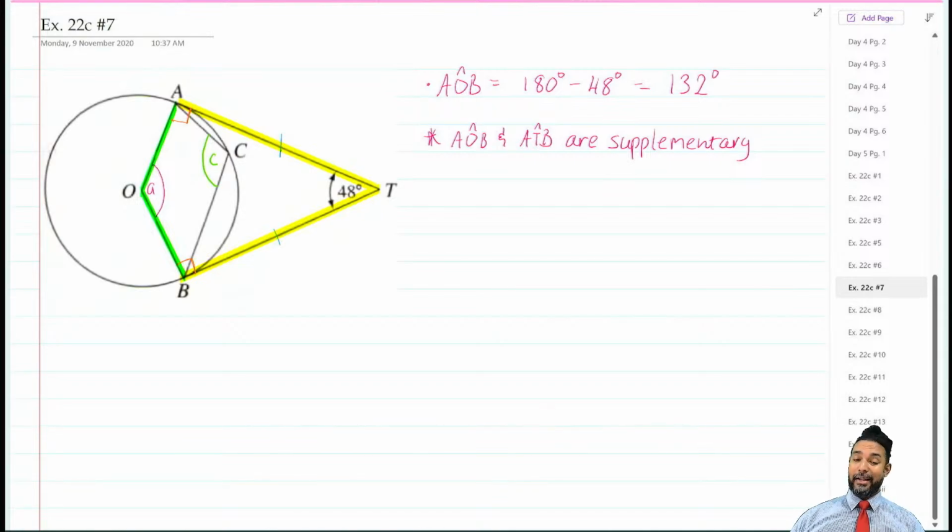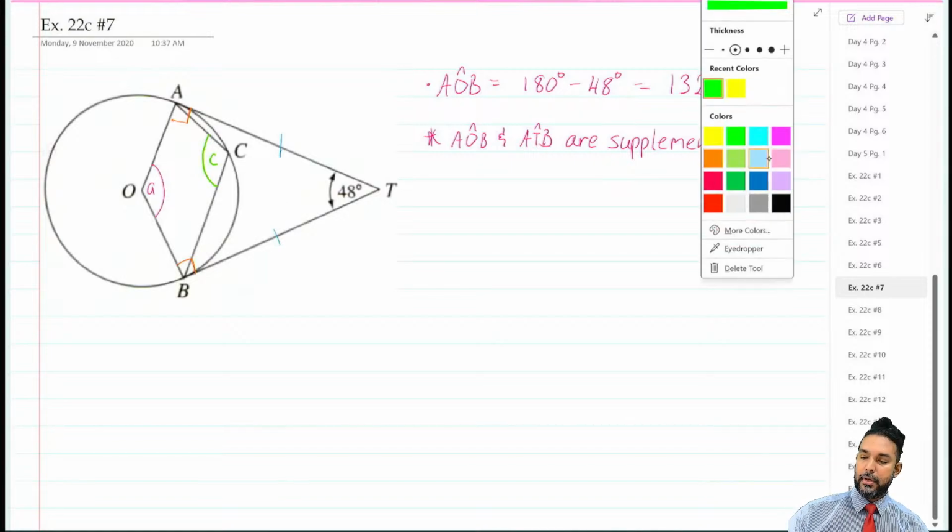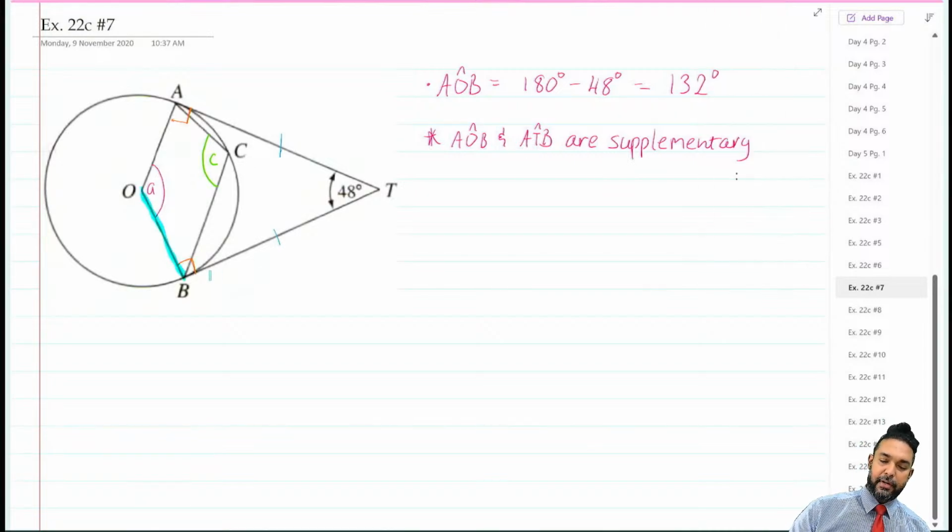Now the next angle they want is that angle C. Okay, good. That's what let me know. Right. Now, if we focus, let's take out some of the extra colors here. Sorry about that. Let's do a kind of a bright blue. If we focus specifically